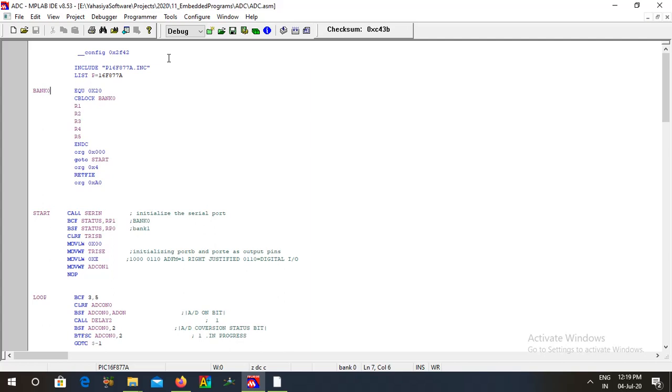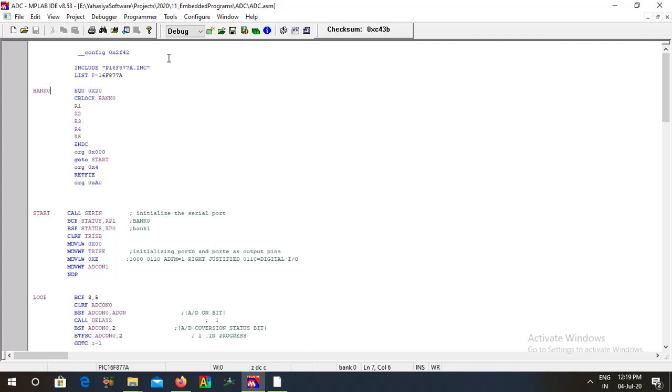Then we have to include the header files, because we are going to use the text equivalent of each special register in this controller. So we have to include this particular header file, pic16f877a.inc, and then we define bank not.